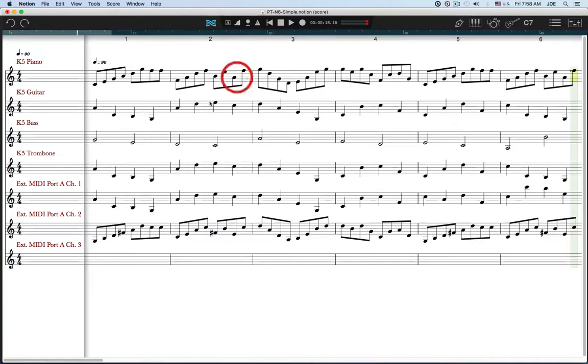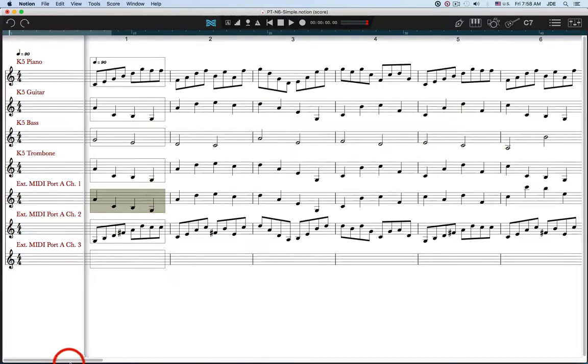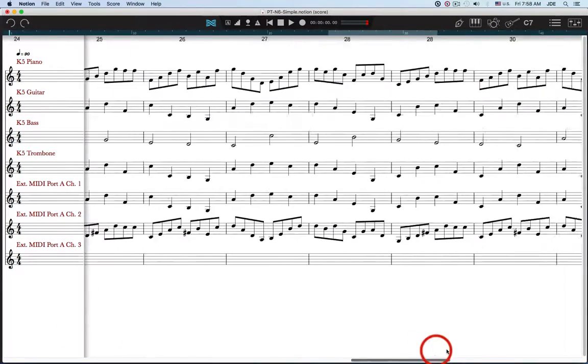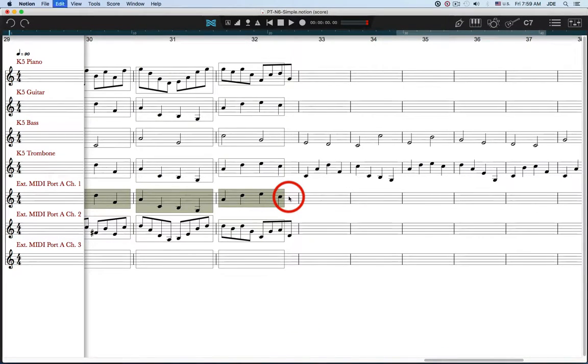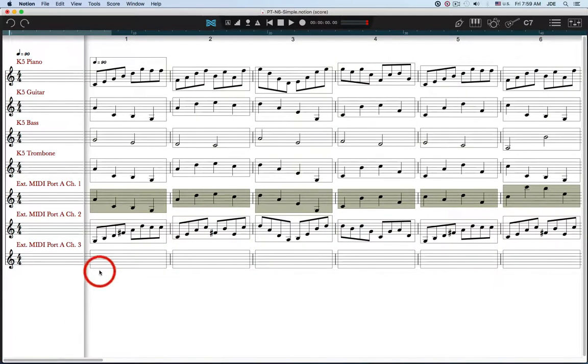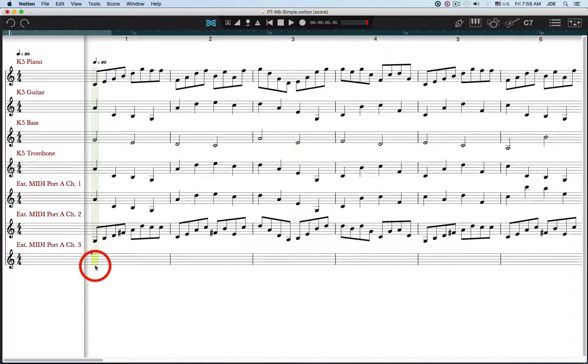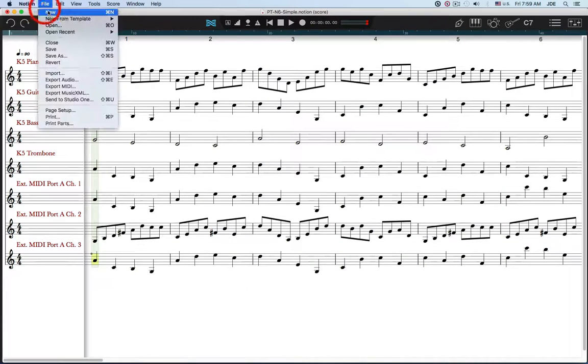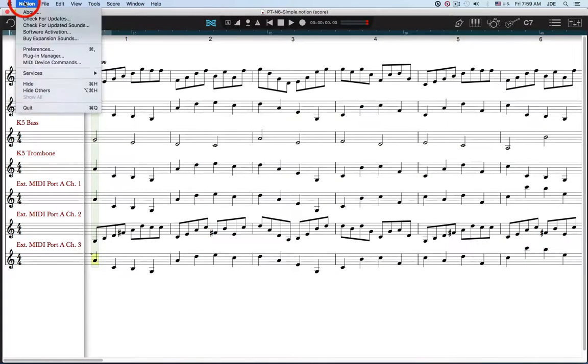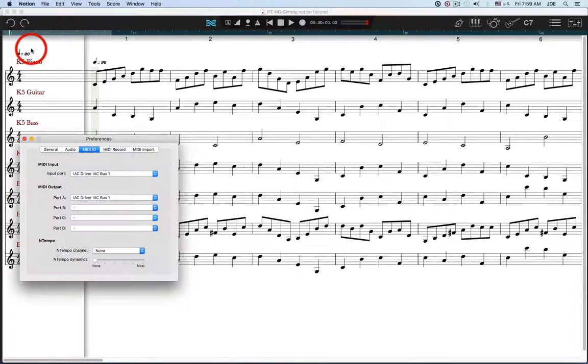and what I'm going to do is, I don't know, I'm going to select these notes, and I'm going to copy them, and then I'm going to paste them on this new external MIDI track so that we've got some notes, and that's great. And then I'm going to save the Notion project,